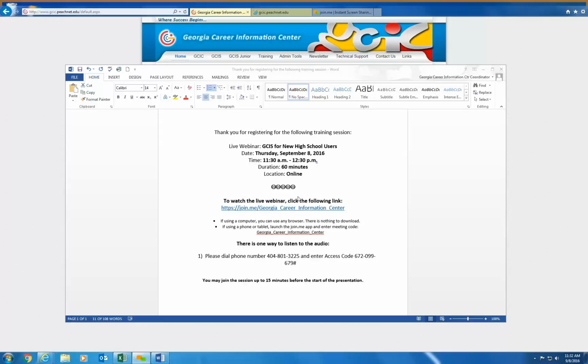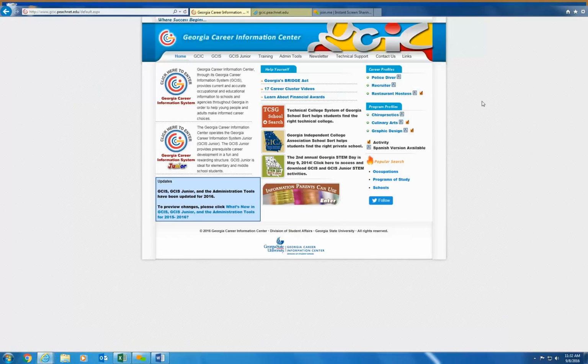And so I'm going to remove this window that has the Microsoft Word document with our information on it and take you to the actual website. To access the Georgia Career Information System, you actually have to go to the GCIS website, and our URL is www.gcic.peachnet.edu.